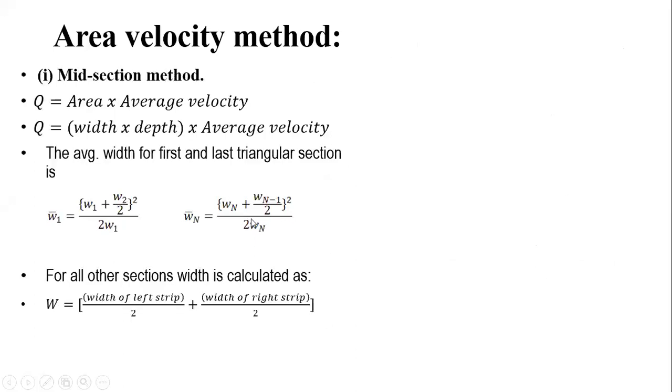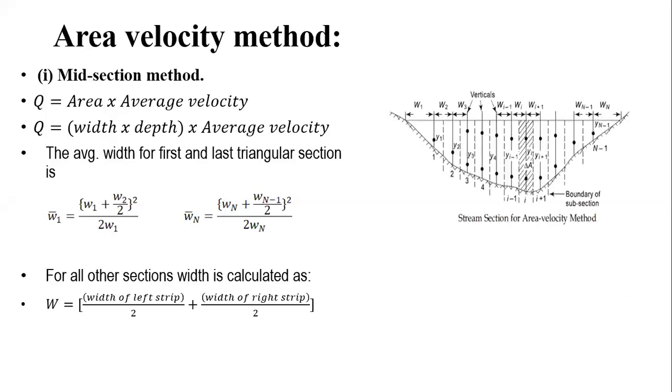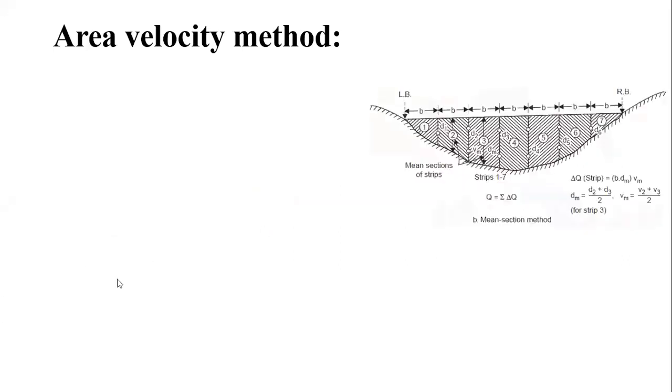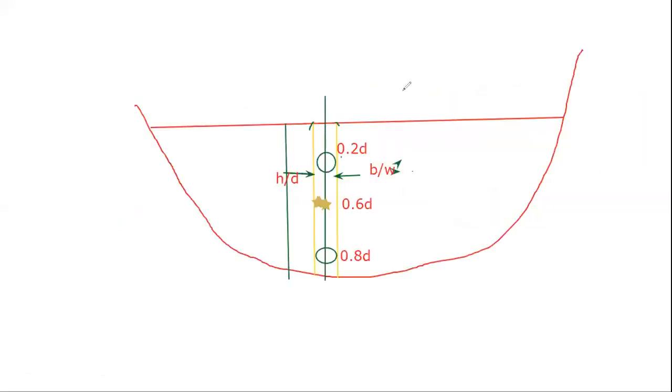So now after knowing those widths, we will be able to find out the velocity, that is by mid section method. Okay, now we'll go for the second method, that is a mean section method. मीन यानी कि क्या रहता है, एवरेज रहता है। सो मीन सेक्शन मेथड में क्या रहता है, whatever the verticals those used to have, the readings or observations are taken on their boundary lines। यानी कि बाउंड्री लाइन यानी कि कहां पे आएगा, मान लो कि another one picture I would like to go for,